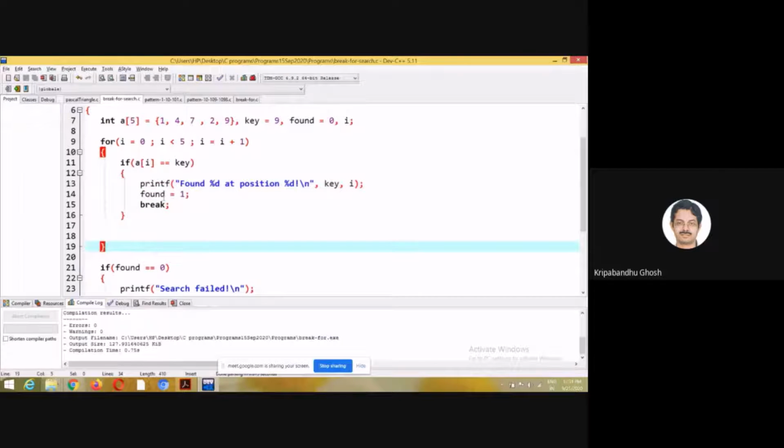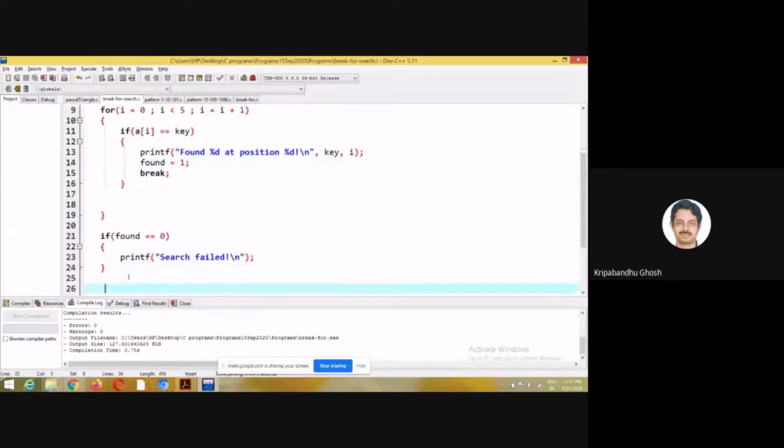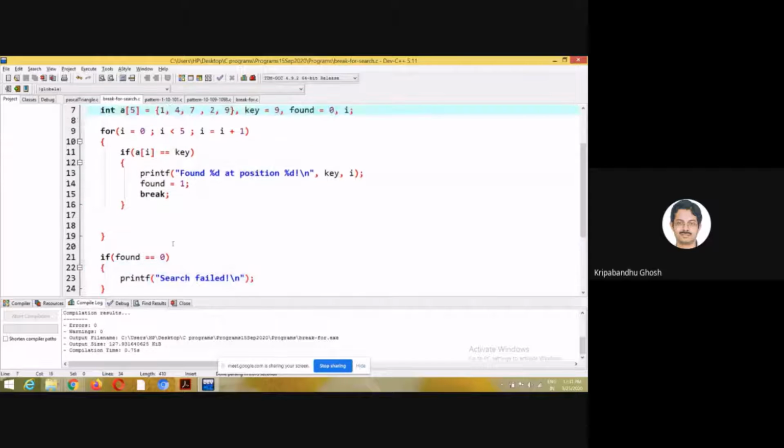But you could have checked it without using the found variable. I agree with that. So I have checked if found equal to 0, then the search has failed, because in that situation this condition wouldn't have been true, and found wouldn't have been set to 1. Also, you could have checked the value of i, as I mentioned.